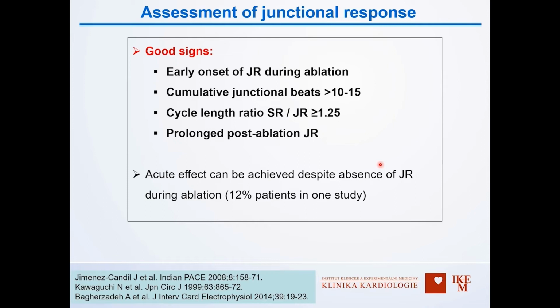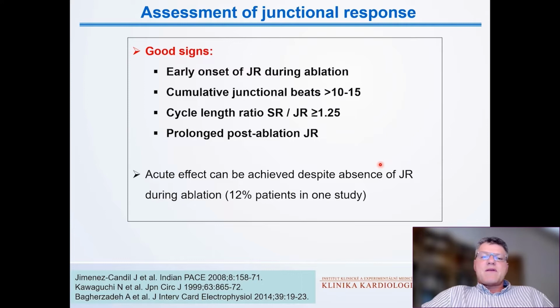Junctional response to ablation is an important mark of a successful procedure. However, the presence of junctional rhythm itself doesn't guarantee AV nodal reentry non-inducibility. The other authors investigated the characteristics of junctional response during the slow pathway ablation and identified some features that were associated with procedural success. It was either early onset of junctional rhythm during ablation, cumulative number of junctional beats more than 10 to 15, cycle length ratio,